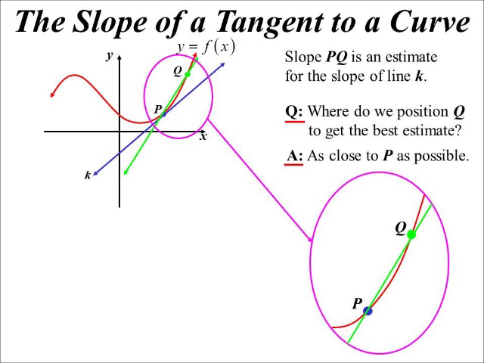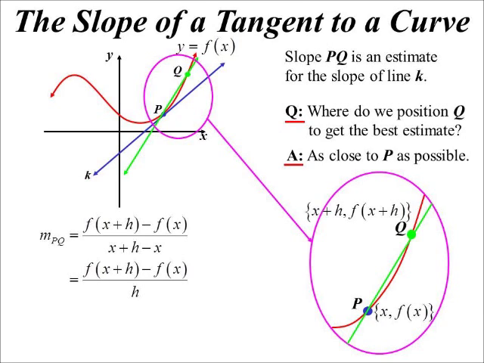X is the point we know. So it's x and it's on the curve, so function x is its y value. Q is that infinitesimally, that's a hard word to say sometimes too, infinitesimally small point next to it. So x plus h is that tiny, tiny distance away from x. And so the y value would be whatever we get when we substitute that in, function x plus h. So the slope of PQ then, well, there's our slope formula. Function x plus h minus function x over h.